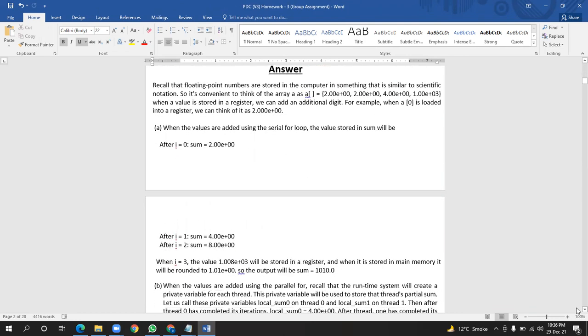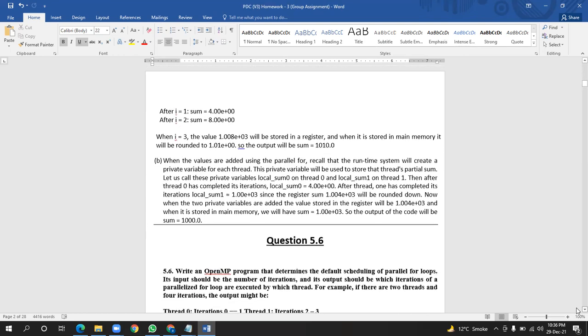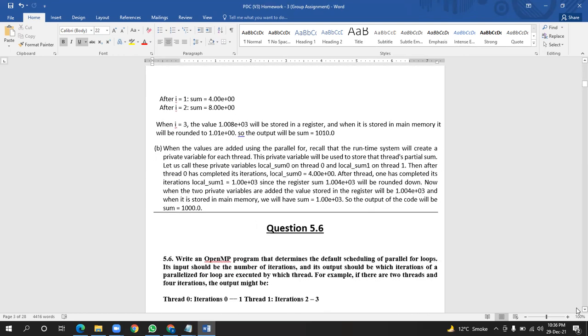So when i is equal to 3, the value 1.008e+03 will be stored in a register, and when it is stored in main memory, it will be rounded to 1.01e+03. So the output of the sum we will get is 1110.0.